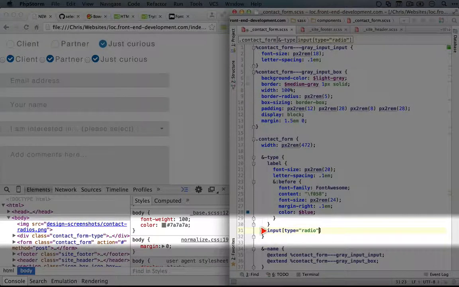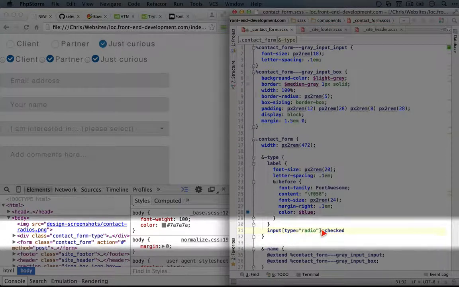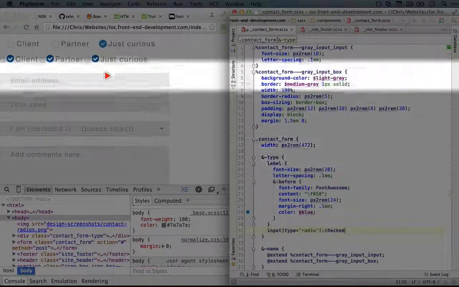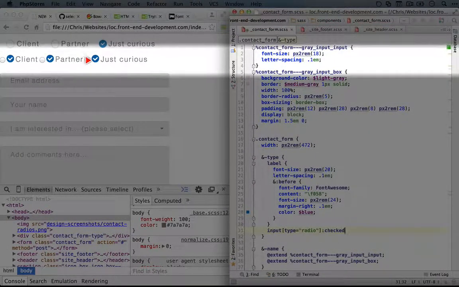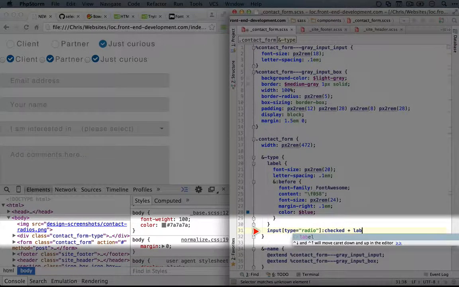So this is going to select inputs that are radios, and next we want to select ones that are checked, or the one that is checked. So we'll use the colon to indicate a pseudo selector, and then we'll use checked. The next thing we want to do is select the next element, so the next following element, which will be the label, and we can do that with the plus selector. And we need a selector for the label, so we're going to use the label HTML tag selector,